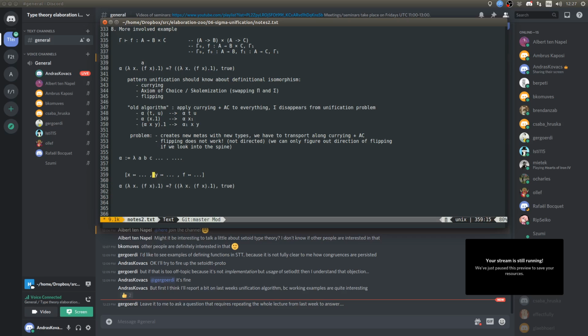So we are mapping from the gamma which contains x, y, f, g to the context which contains a, b, c, d, and so on. So this is the inverted spine. It gives us something like this, but this is a partial substitution, so we do not necessarily map everything in gamma. We only map some variables in gamma,